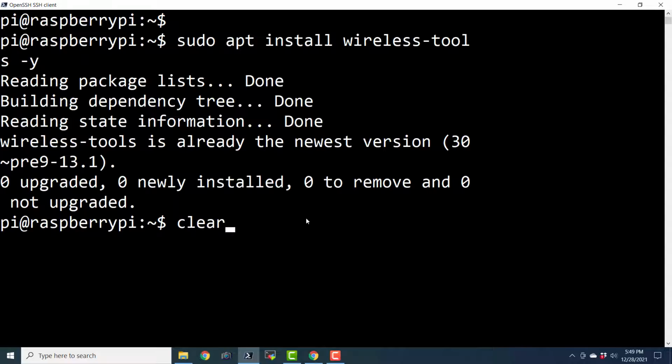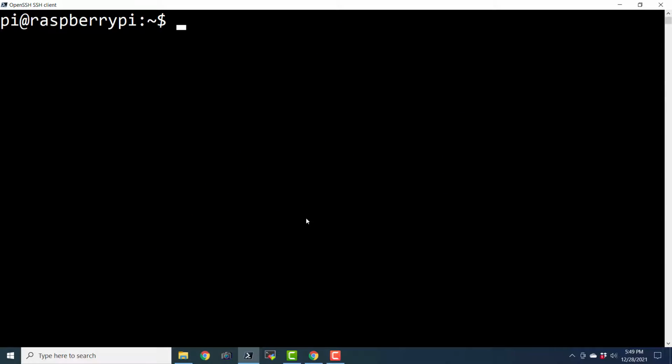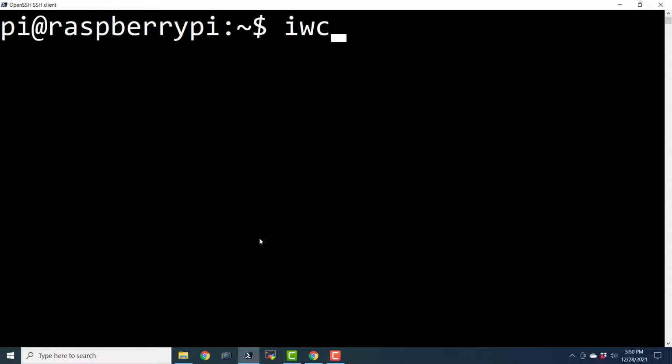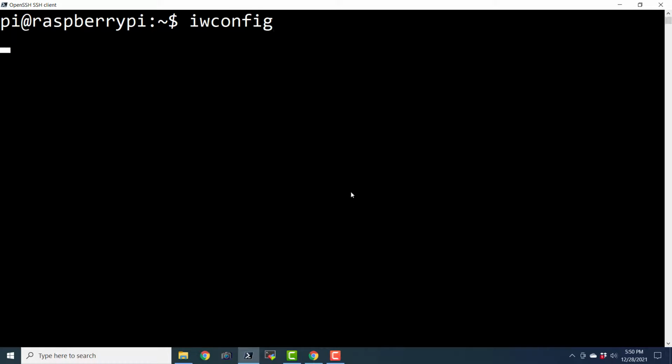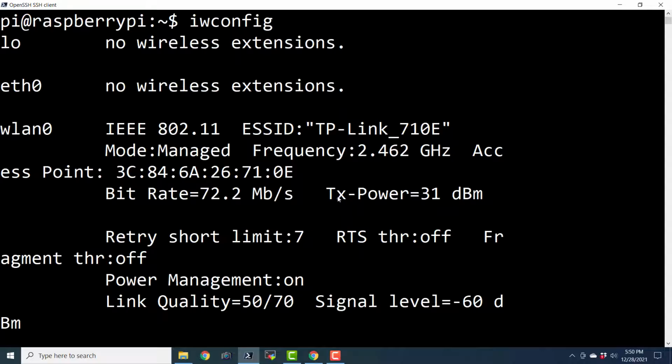When you install the wireless tools, it will also install a utility known as iwconfig. If I hit enter, it is going to show us the status of the wireless point, or the Wi-Fi, installed on the Raspberry Pi. It is telling me that it is connected using this interface wlan0.